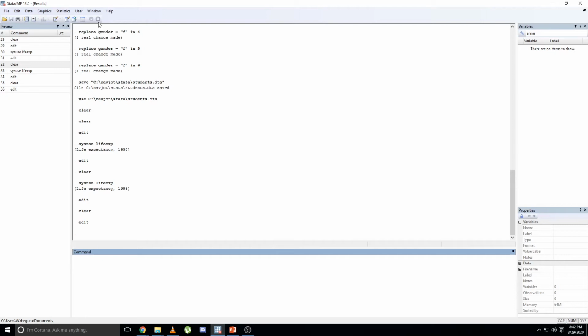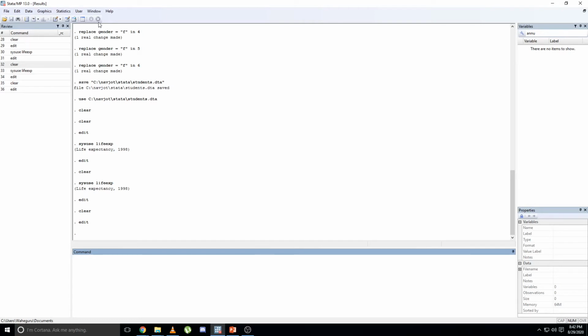Now let's explore the windows just mentioned with a database. Fortunately, Stata has many open source data sets for students to download and explore. To download a dataset from Stata, you must be connected to the internet first.